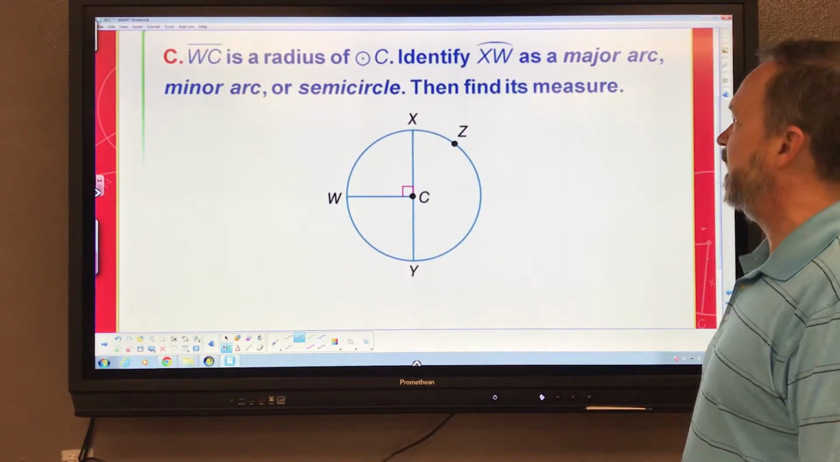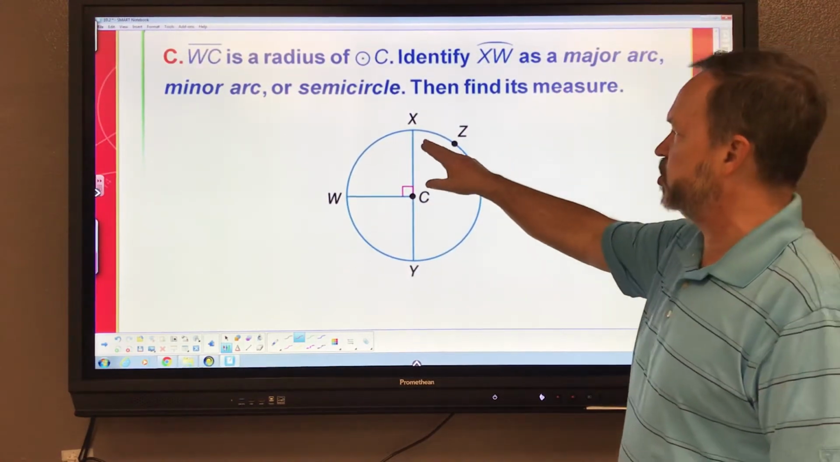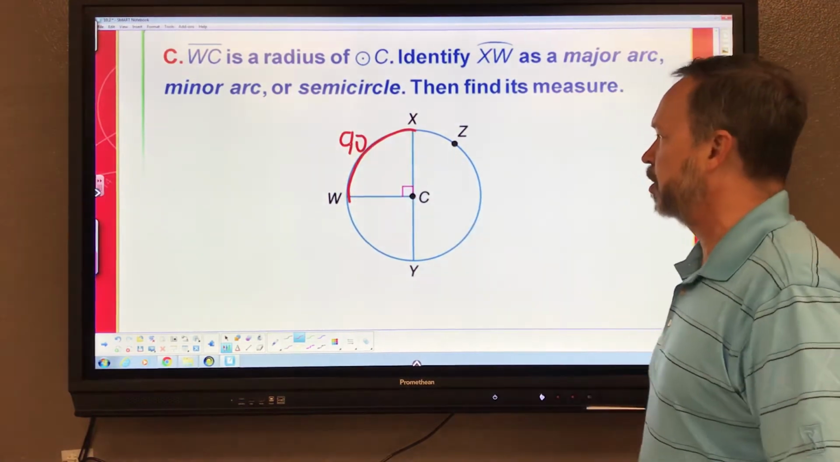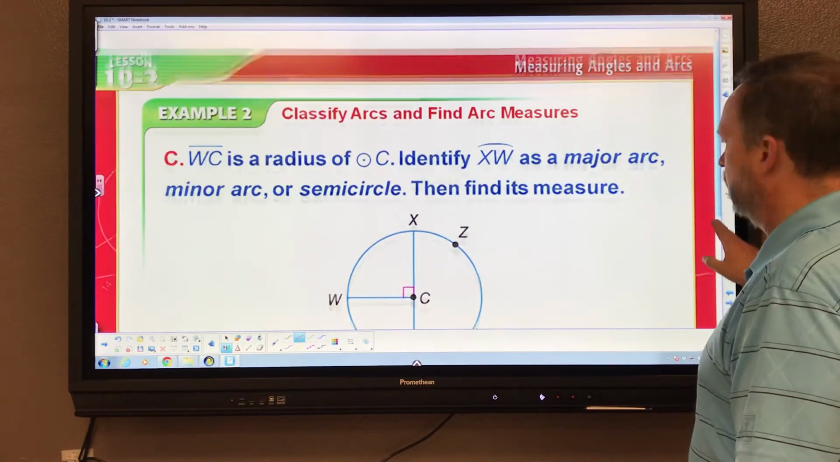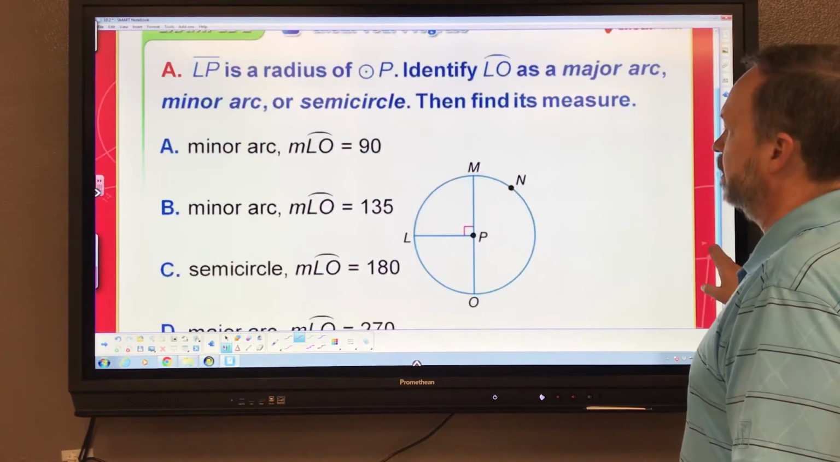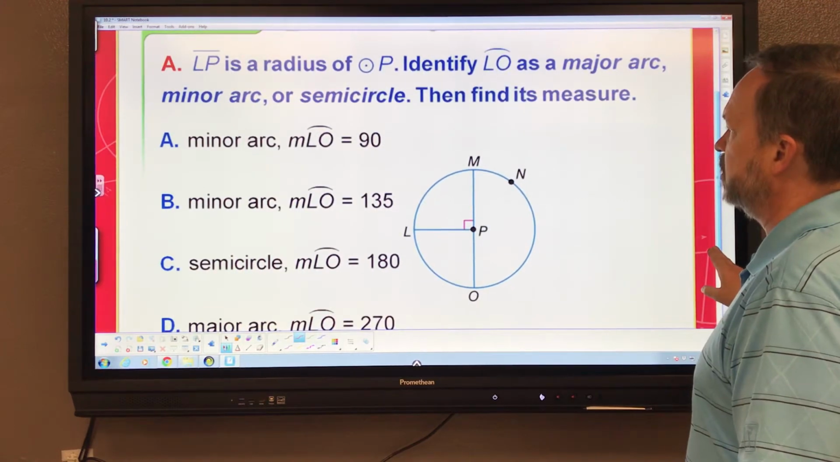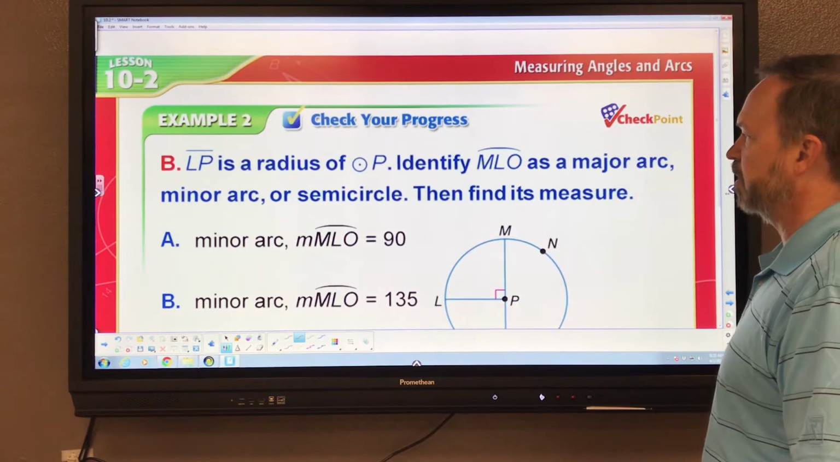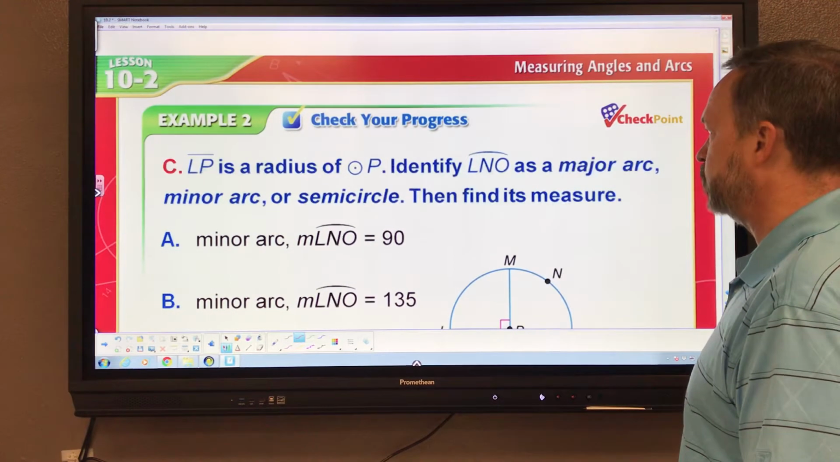These are just more of the same. Here's the XW, which is just this little minor arc here, but it's 90. And we'll talk about that a little further shortly. But it's 90. And these things just keep going. It's more of the same, just practicing these same concepts. Let me move along here because we want to get to